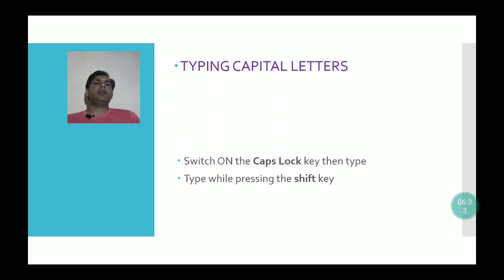The second method for typing capital letters is by using the shift key. If we need a single capital letter, then we generally use the shift key, not the caps lock key. The shift key is used in combination with another key. First we press and hold the shift key, and then in combination with it we press the specific letter or alphabet. Then this letter or alphabet will be typed as a capital. So there are two methods, caps lock and shift key, and either can be used for typing.